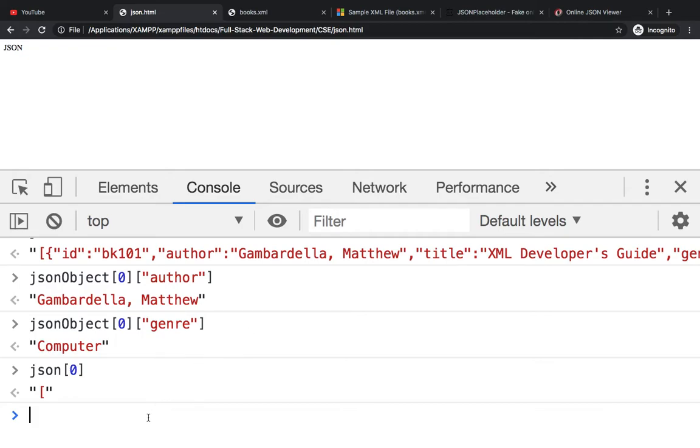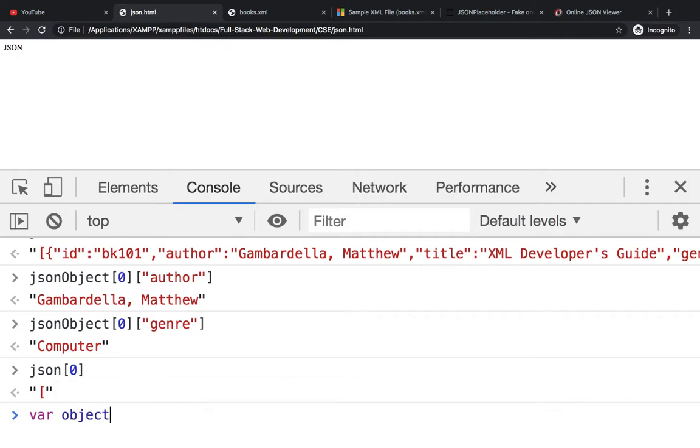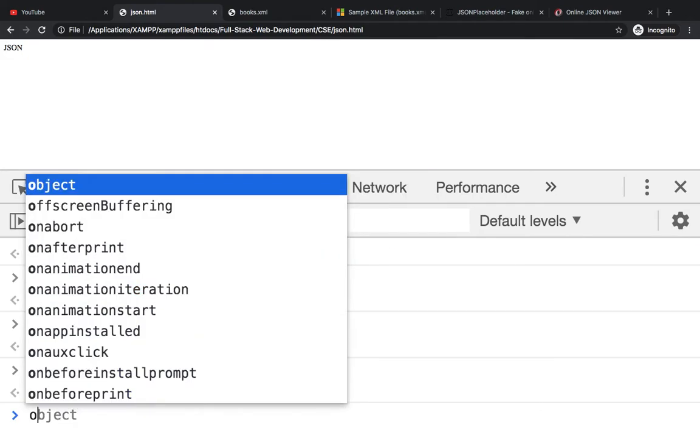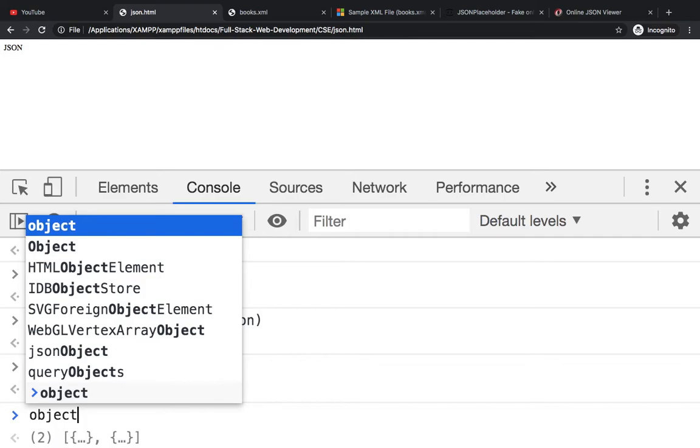So this was the serialization process. How are you going to deserialize this data? You can create another object and use JSON.parse and pass the string to this. Here you are getting an object which is similar, or exactly similar, to the JSON object.